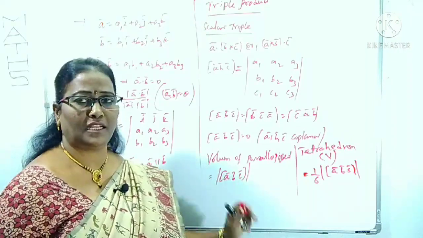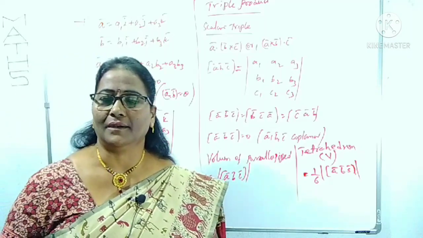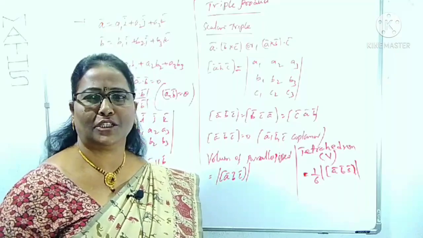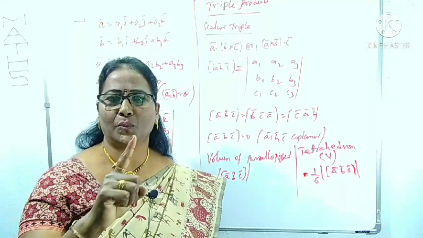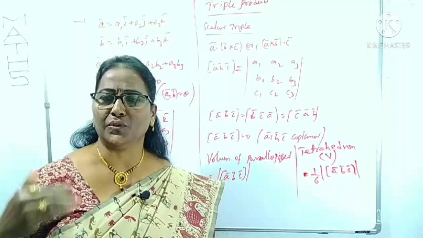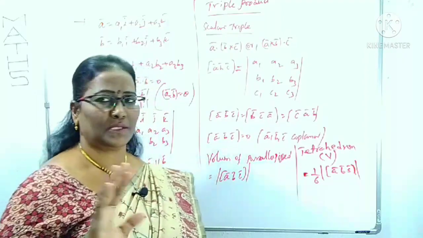First of all, the scalar triple product. And one of the major and most important triple products is the vector triple product. For the vector triple product, we majorly have to know one formula, one tip, that is important. So we can apply that formula anywhere easily. There is no difficulty at all.